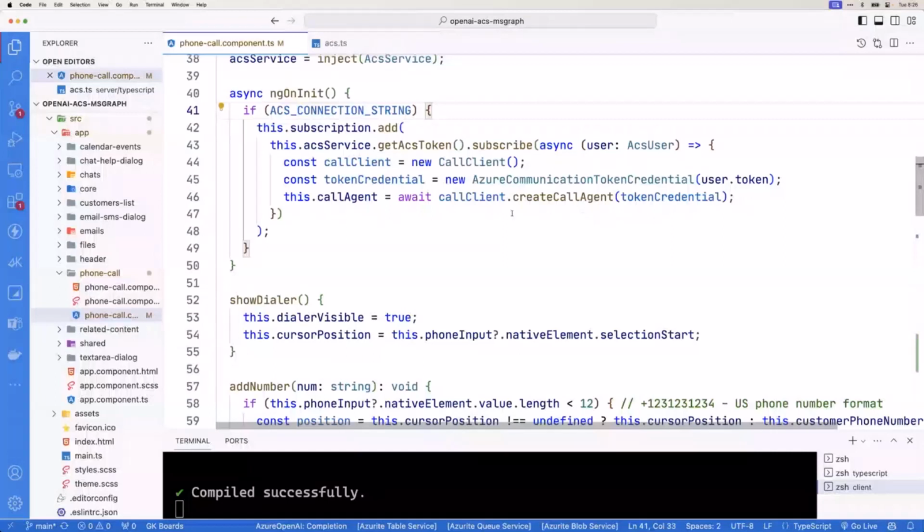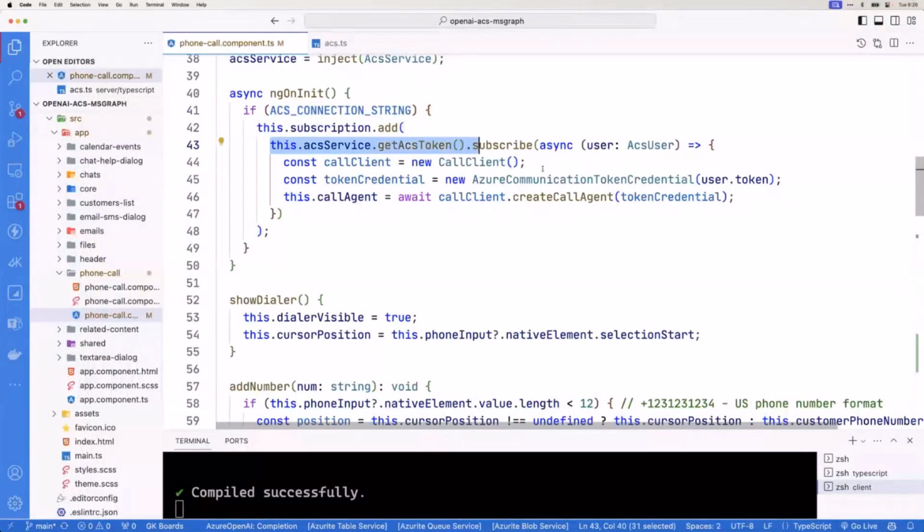Now, the first thing is this is a tutorial. So I have a bunch of flags because you can go through the AI part of the tutorial and then stop. You could jump right to the ACS part, the communication part, and stop. Or you could go to the organizational data part and just do that. So I have some feature flags just to see what's available. What I'm doing is saying, hey, do we have ACS available here? If we do, this is a build time thing, by the way, then we're going to call that service and get that ACS token.